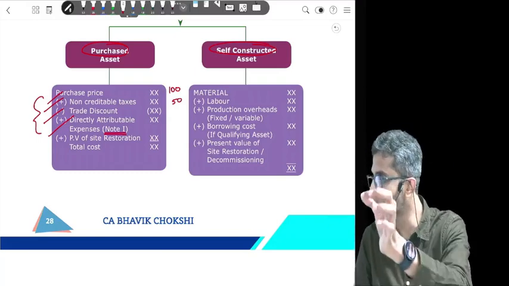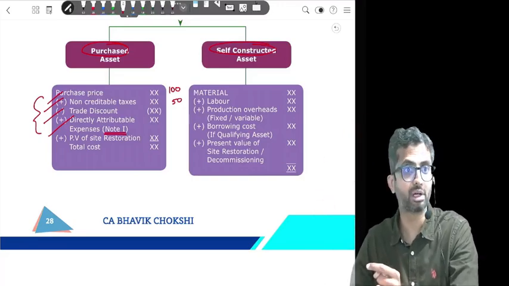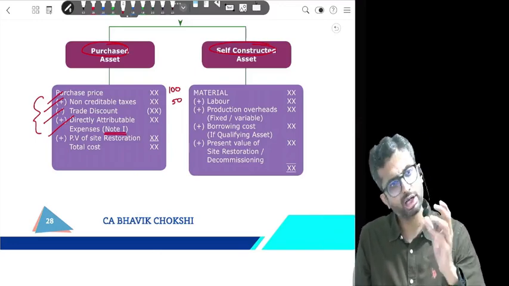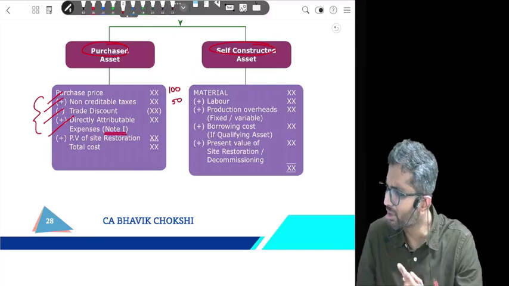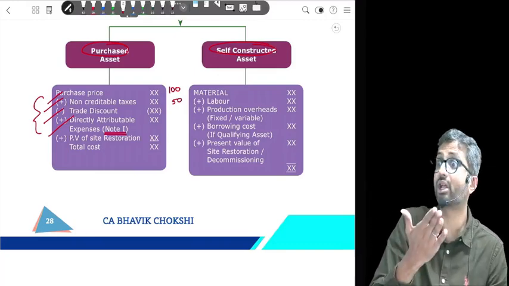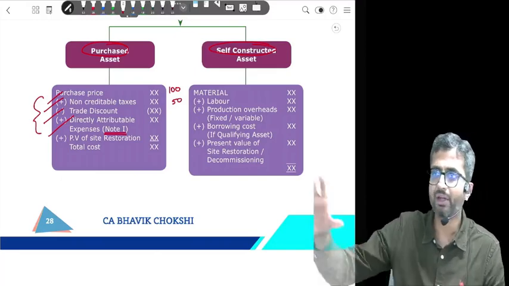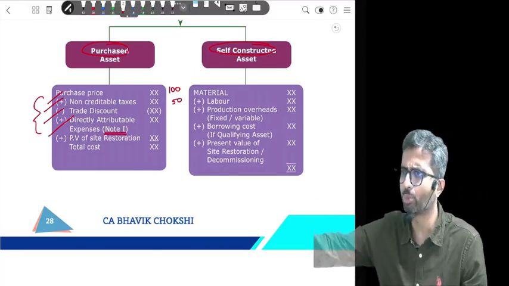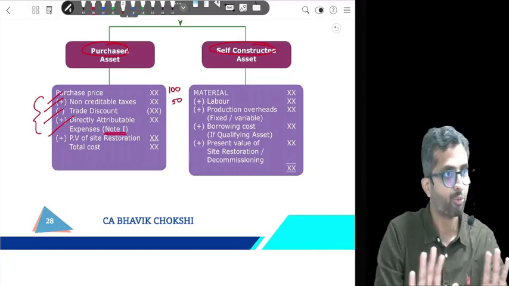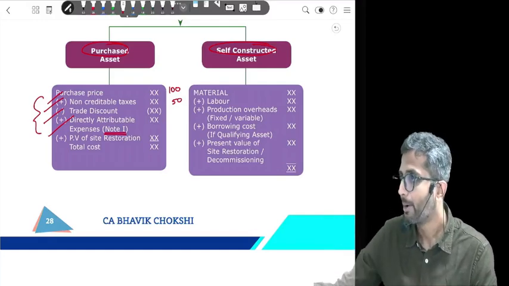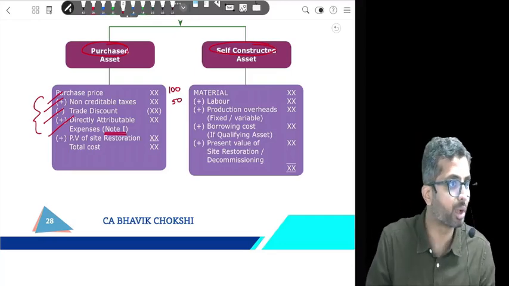Usually the entry is depreciation account debit to crane account and then P&L account debit to depreciation account, nominal. Here also I will do depreciation account debit to crane. But then will I transfer the depreciation to P&L account or will I capitalize it along with the building? See, usually if I were to take the crane on rent and pay rental expense, is that a directly attributable expense for constructing my building? Would I have capitalized it?